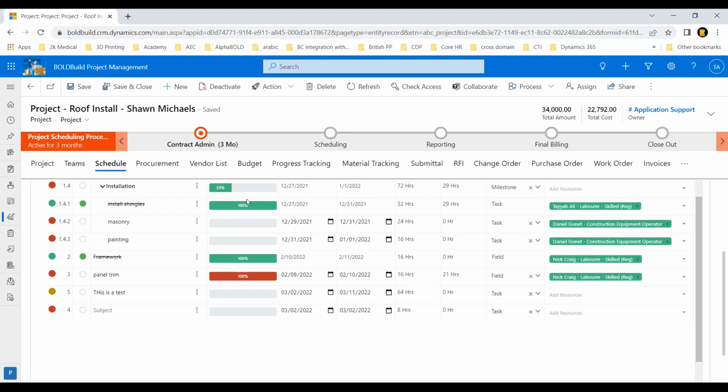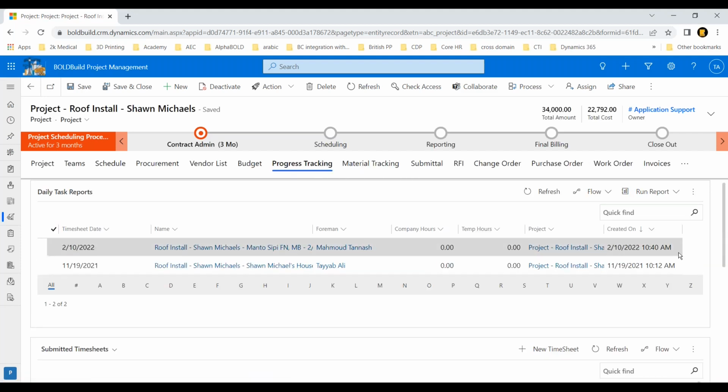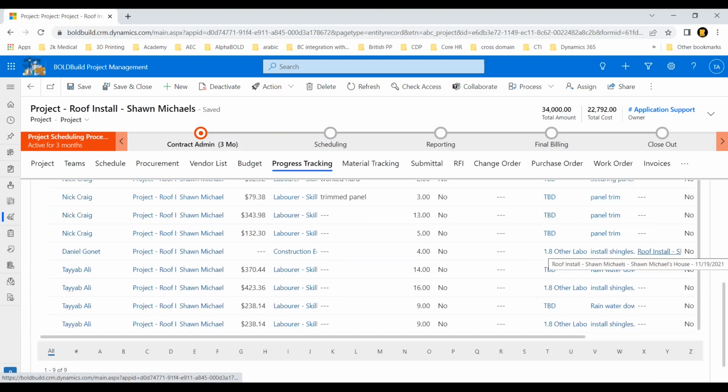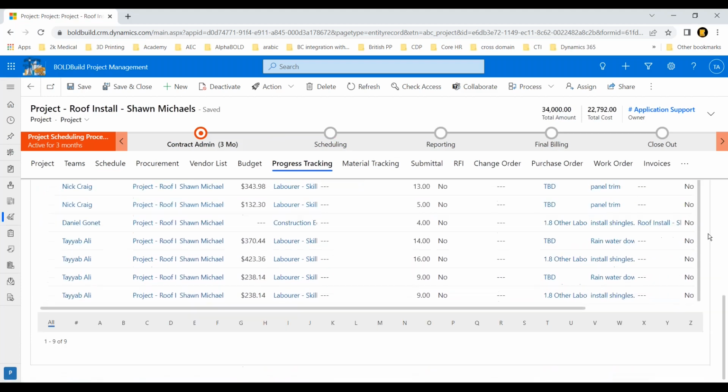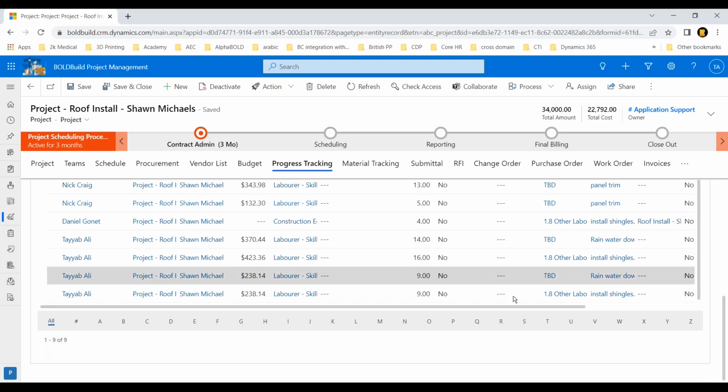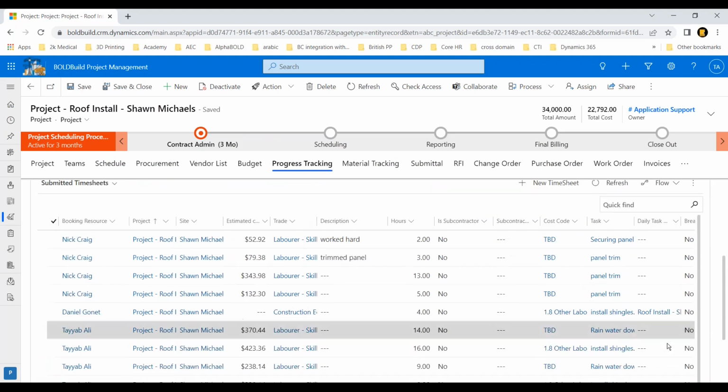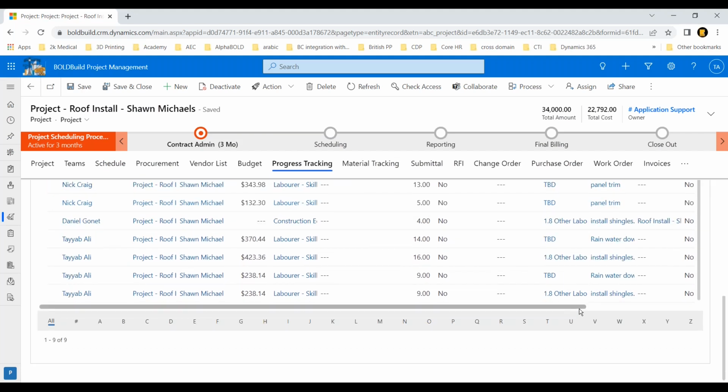What I want to showcase to you is, so we had Thayab, the laborer, go in and work on this install shingles application. So what I want to do is show you this progress tracking. What happens is that every time time is inputted into this, you can see that time in here along with the price and the cost. So for example, let me come in here.